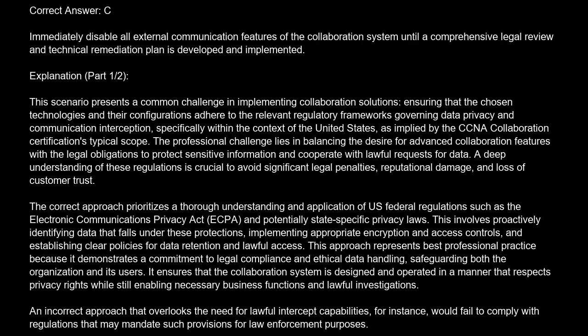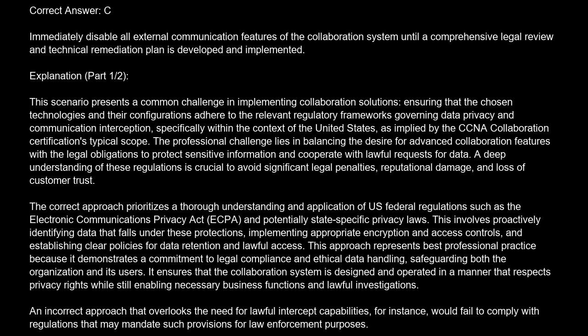Correct answer is C. Immediately disable all external communication features of the collaboration system until a comprehensive legal review and technical remediation plan is developed and implemented. Explanation. This scenario presents a common challenge in implementing collaboration solutions, ensuring that the chosen technologies and their configurations adhere to the relevant regulatory frameworks